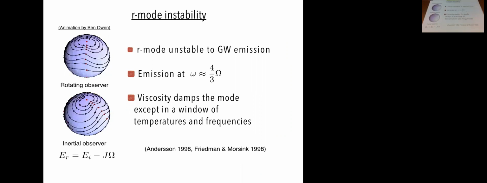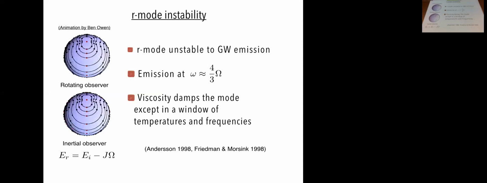So you could do gravitational wave asteroseismology as you do with instruments like Kepler for main sequence stars, or as we do for the sun. And in particular, one of the modes that's interesting is the so-called r-mode. This is a toroidal mode of oscillation for which the restoring force is the Coriolis force. So it's the analog of Rossby waves in the ocean. And it's interesting because it can be driven unstable by gravitational wave emission. If gravitational wave emission can remove angular momentum, it allows the system to transition to a state with lower energy and angular momentum where this mode is growing.